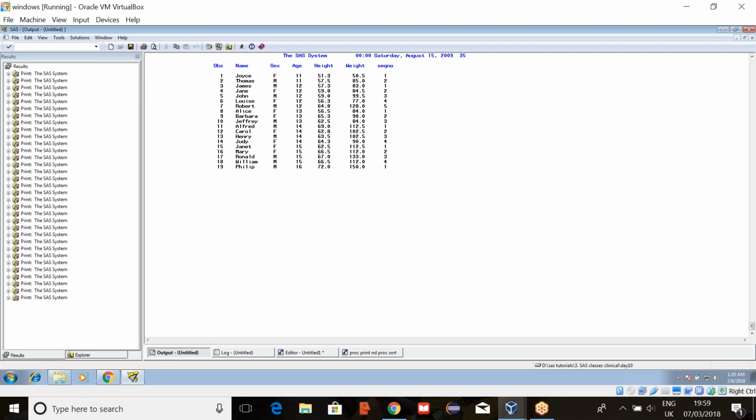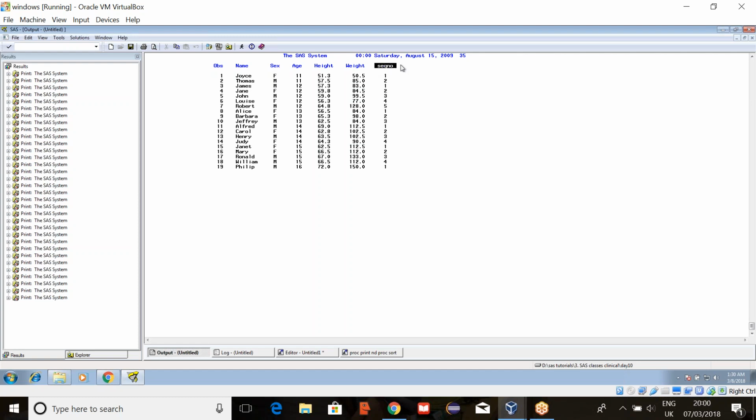Now you're saying Joyce is the first subject, and Thomas is the second subject. That's fine. But suppose when we come to age, because we are sorting by age, in age we have 5 records: 1, 2, 3, 4, 5. So James is the first person, and the last person is Robert. But we don't know how many. Now here we have 19 records, that's fine. But when we have huge data, because we don't know, we separate them out and then try to calculate, right? Then finally, at the end of the day, we know there are 5 records with age 12. Is what I understood right? Yes.